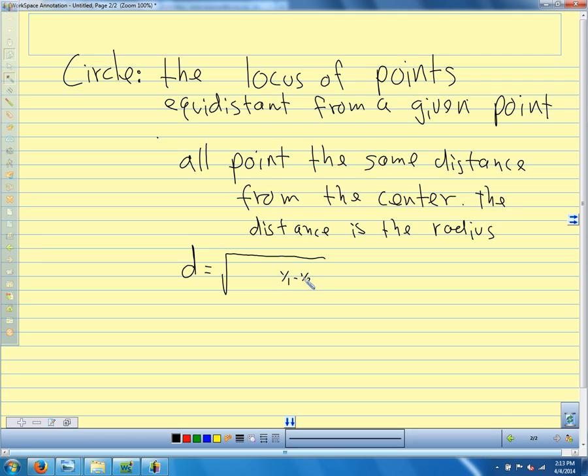I'm just going to write it in a different order. y1 minus y2 squared, and x1 minus x2 squared, and we're adding those together. So that's our distance formula. The distance between 2 points, x1, y1, and x2, y2. That comes up a lot when we're dealing with